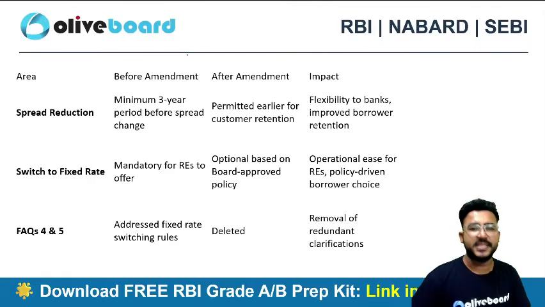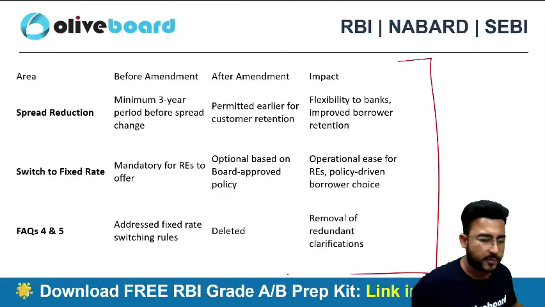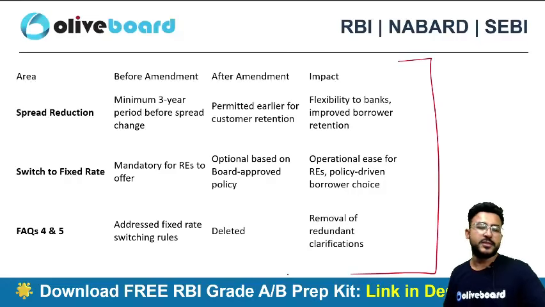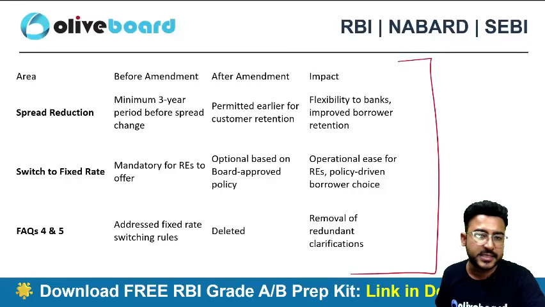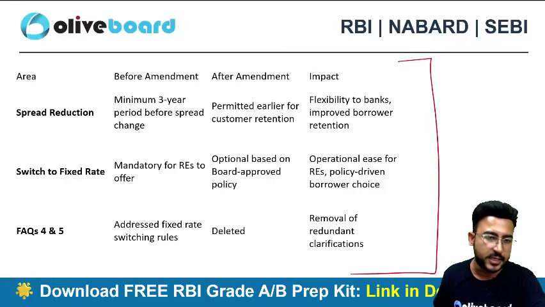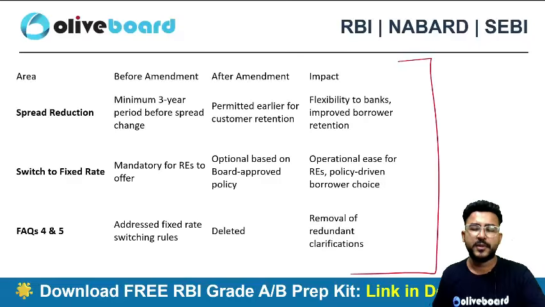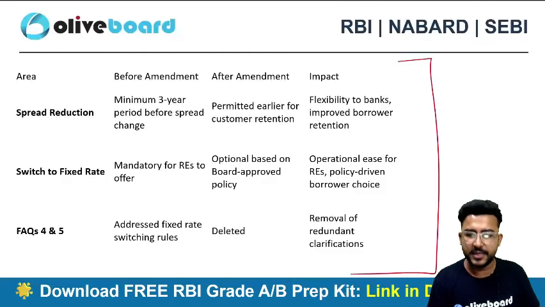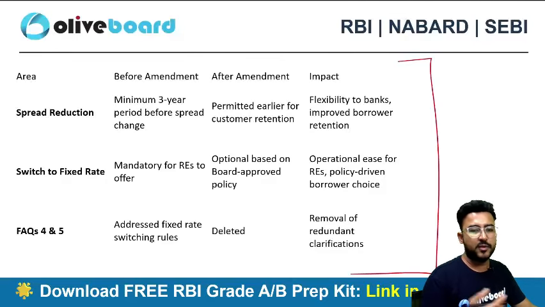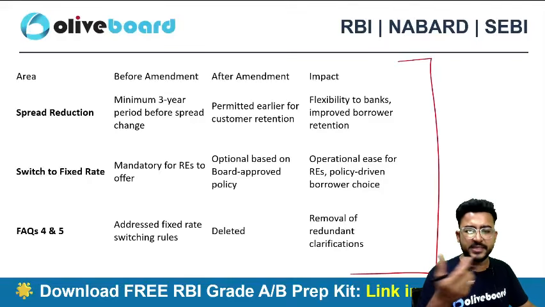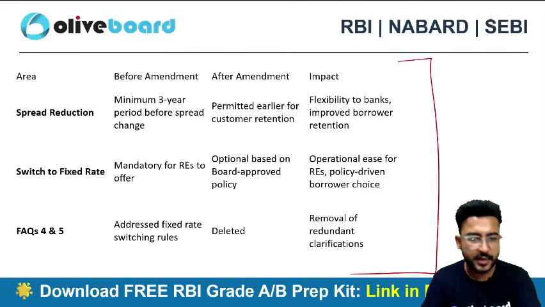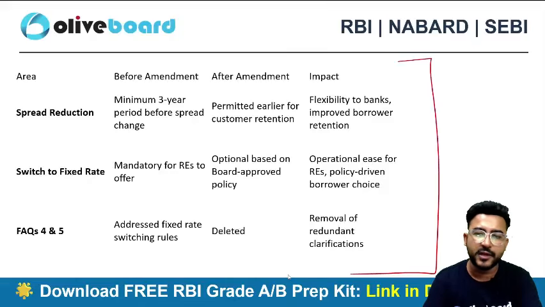So I've summarized each and everything for you guys in a tabular format as well. You can complete this amendment by just having a look at this particular table as well. It will also be fine, okay? Because there is not a major change in this, right? Just a basic 2-word change is there in the entire circular that you need to know. That's why I have given a table as well.